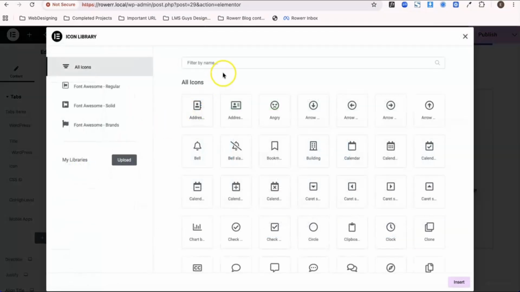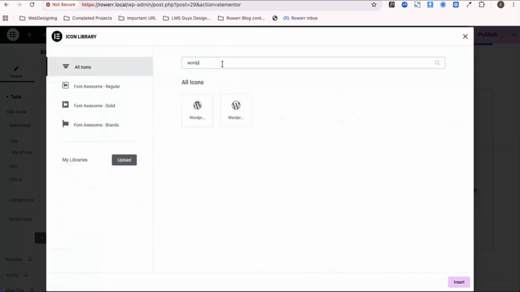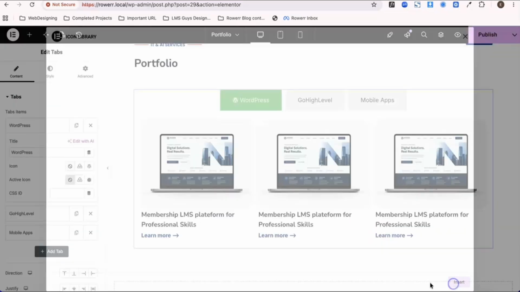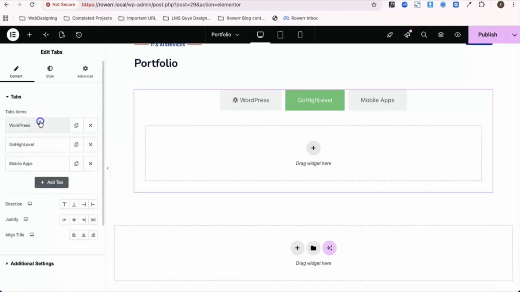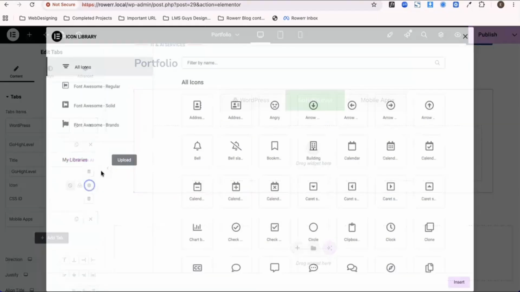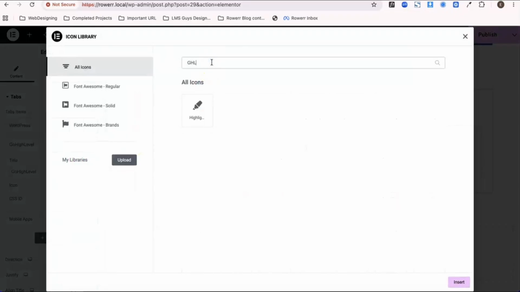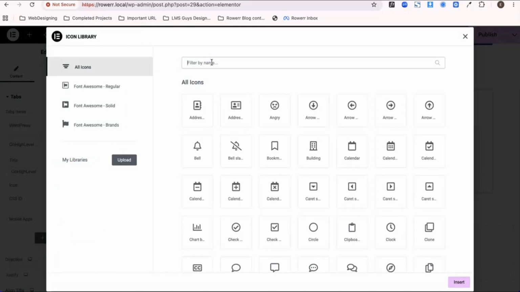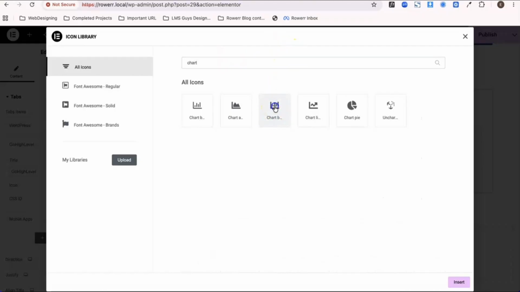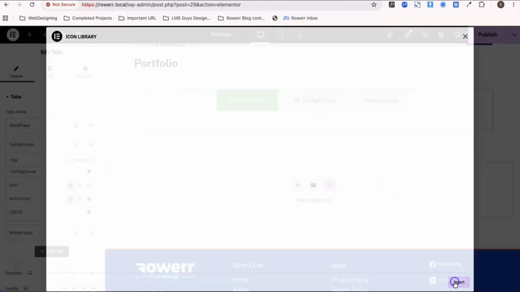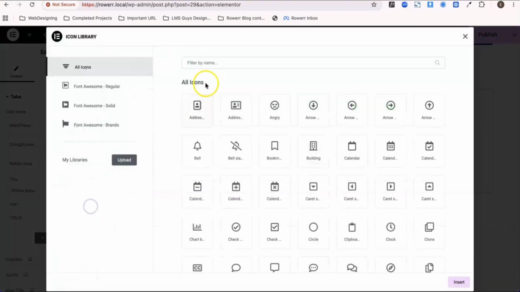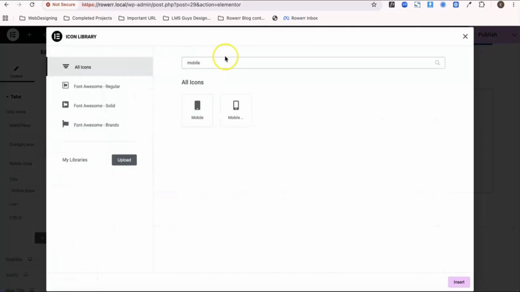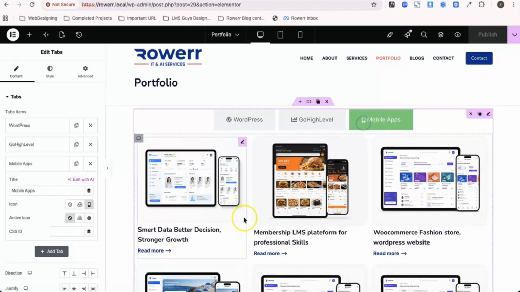And there is another possibility that you can add icons to these tabs as well. Let's go to the icon library. Here you can see WordPress, and we can use this, insert it, and let's go for Go High Level. So I think the Go High Level icon is not available in the icon library, GHL. Yes, no. So chart, because it's an icon something like this, so we can use that. And for the mobile we can go here and we can add the mobile icon is added,